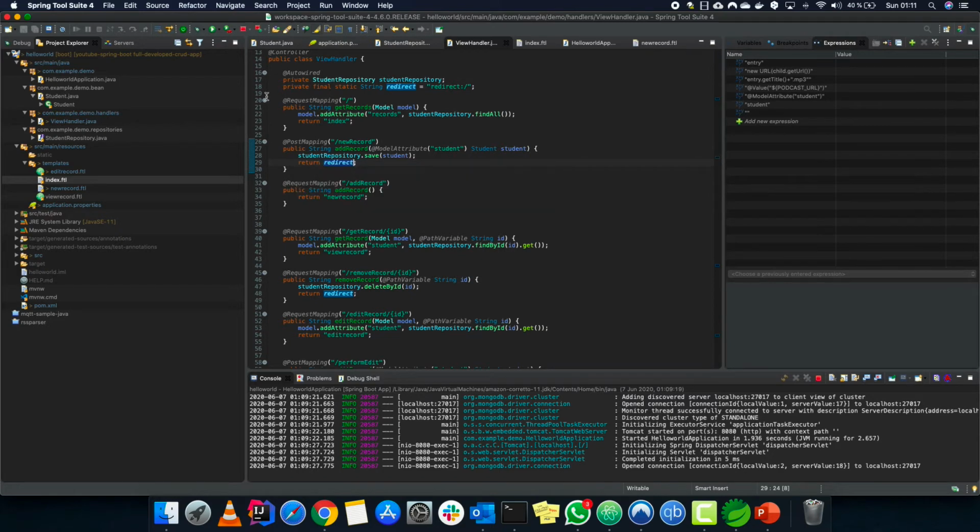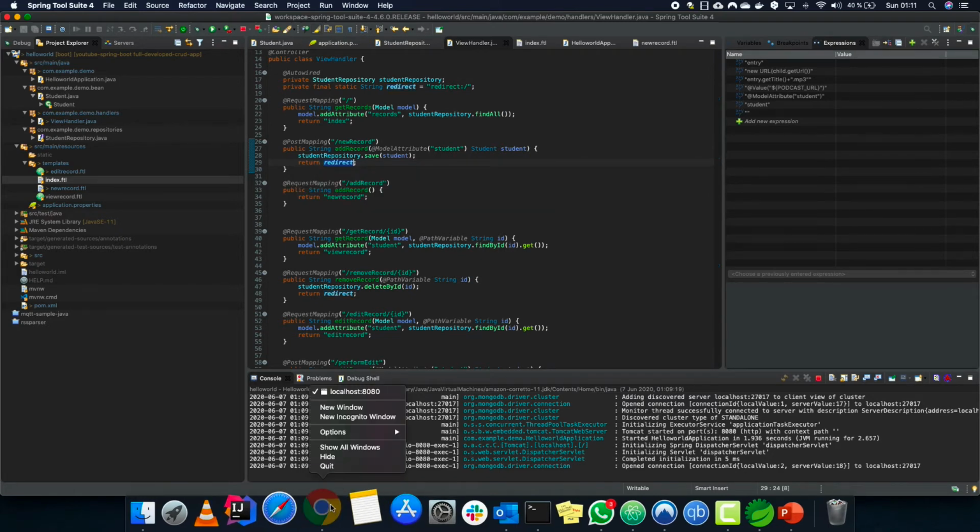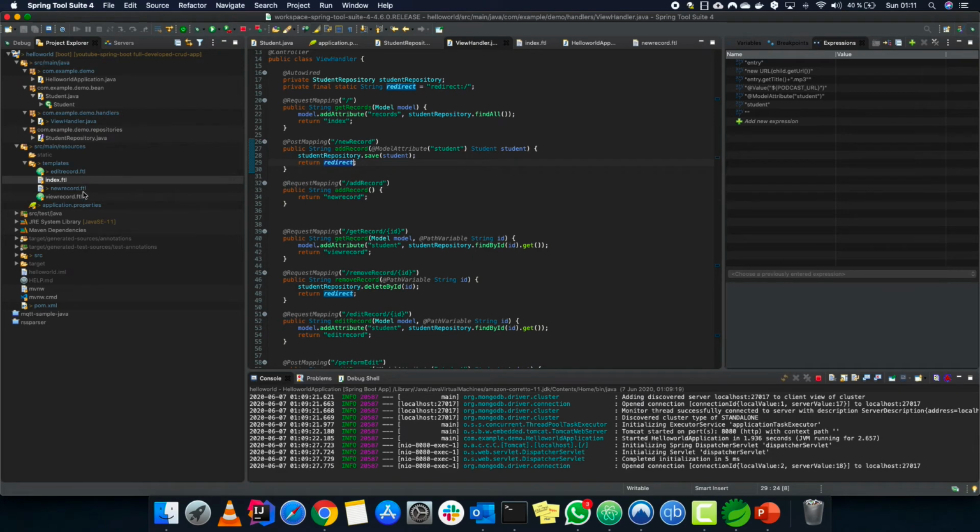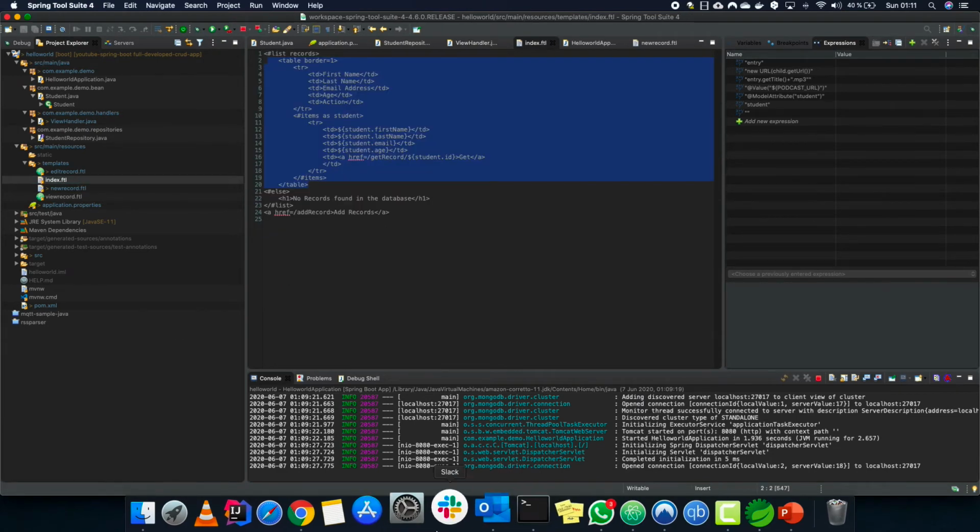Now there was one more. That particular link, get. How does the get link work? When we click it, we get this particular record. There is remove, edit, homepage. We are not going into edit and remove now. For now we are just going into the get part. So when we click get, we get that particular record. We click get, we get this particular record.